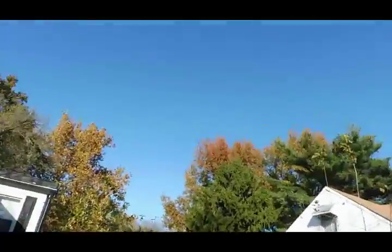I'm out at this property on Julian. We're going to walk through it today, and I'm going to tell you what I like about it and what I don't like about it. This is in the University City neighborhood, and right off the bat, one thing I really like about it is